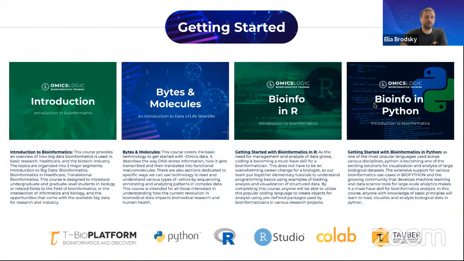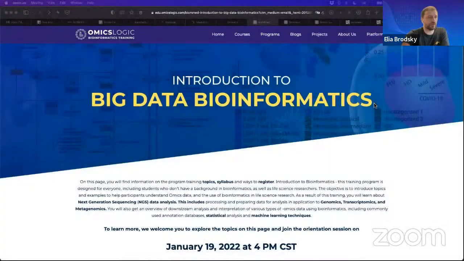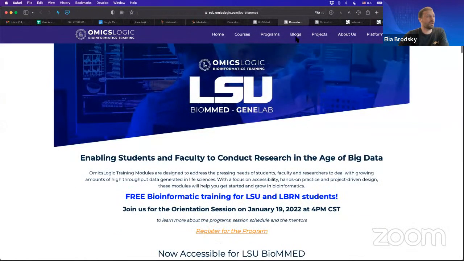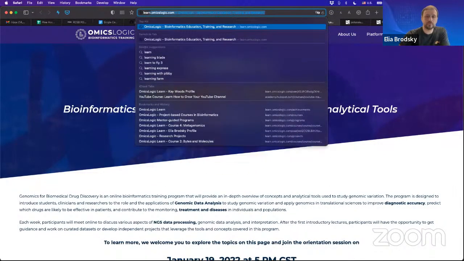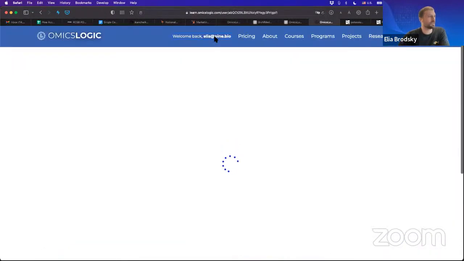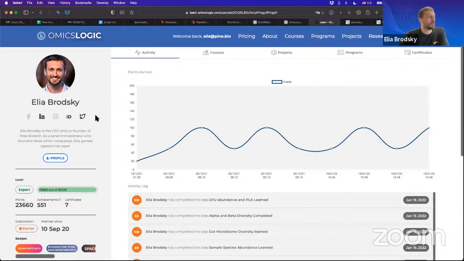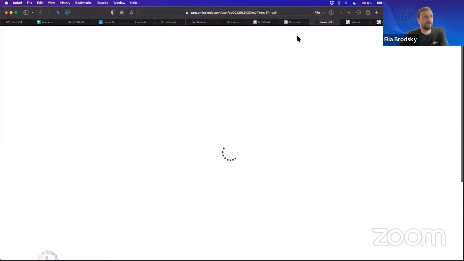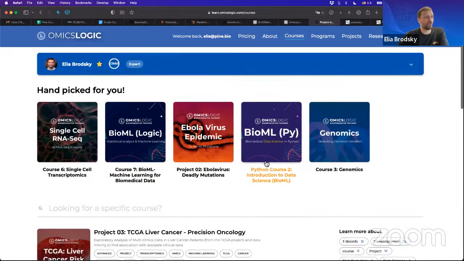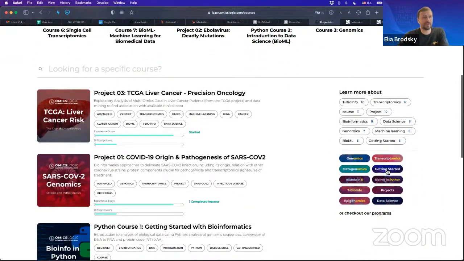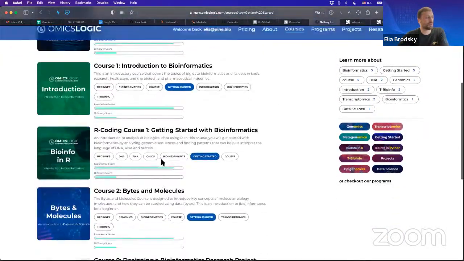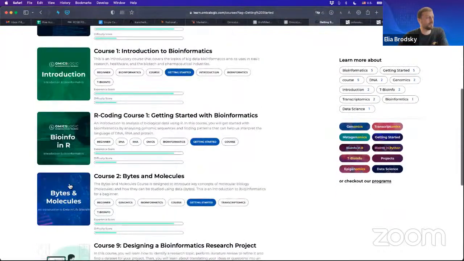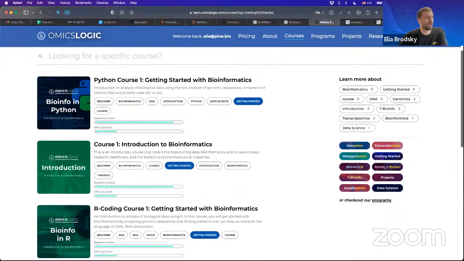So these are found, and again, I'll just quickly switch here to the portal. Once you're logged in, for example, this is my profile. You can see here information about myself. And then if I click right here on courses, I can scroll or search, or right here, you will see getting started. So if you click on getting started, you will see these modules that I was just showing on the screen. Introduction to Bioinformatics, Bytes and Molecules, Bioinformatics in R, and Bioinformatics in Python. So these are some of the starting materials that we will